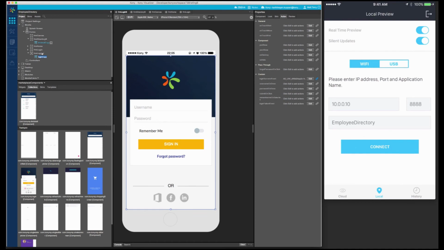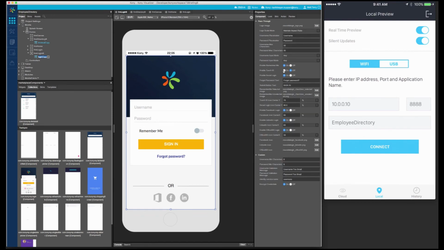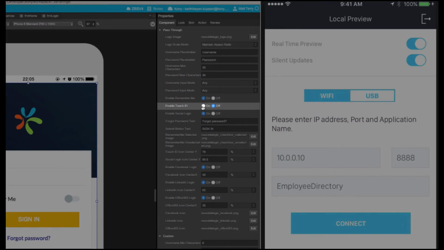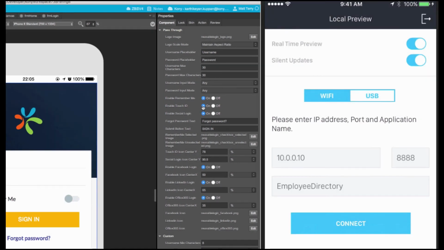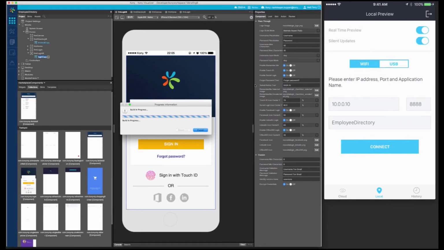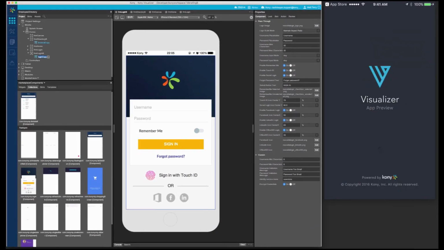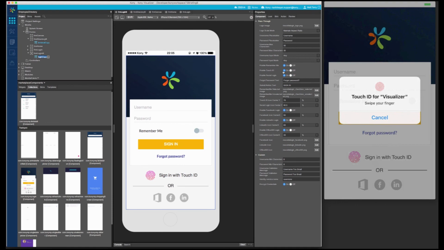Let's show how configurable these components are. In the case of my login component, I'm going to activate the Touch ID property. By doing so, I am invoking logic implemented by the component creator to call the native iOS Touch ID API, just by setting a simple property. I'll run the app again and you can see how the Touch ID authentication is immediately available to me